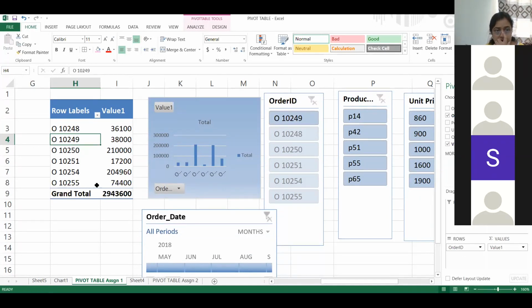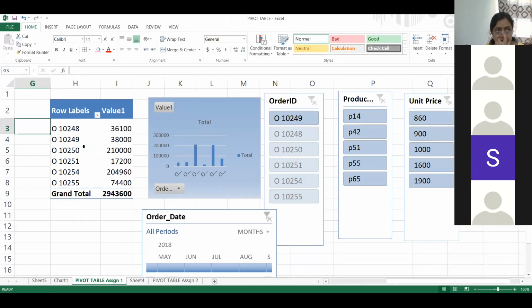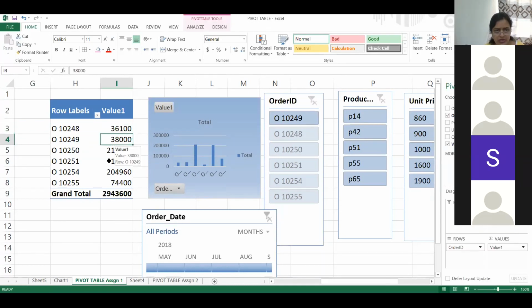Means, suppose this 3610 has a hyperlink of, say, Facebook. Okay. So 3610 should be there in the pivot table, or there should just be the hyperlink for it? I don't think there would be any problem if we are not doing any calculations, but I don't think it should be a problem. We can do one thing. After this session is over, we can try that. Actually it's not happening for me. Let's see. You can share your file with me. We will try. You have my mail ID.